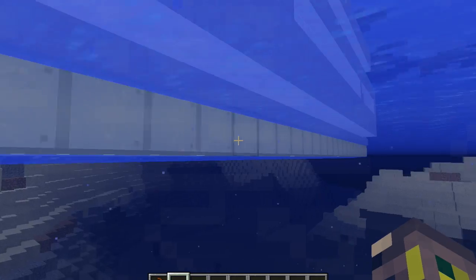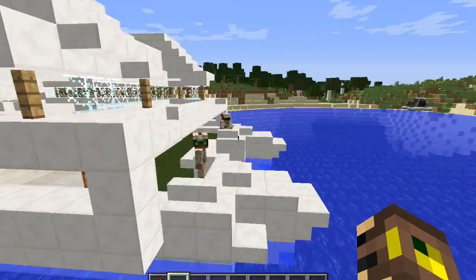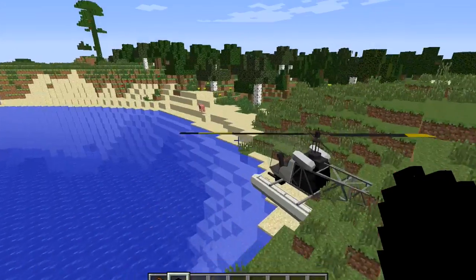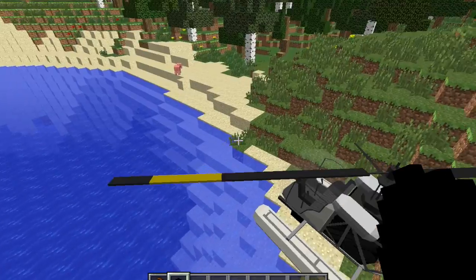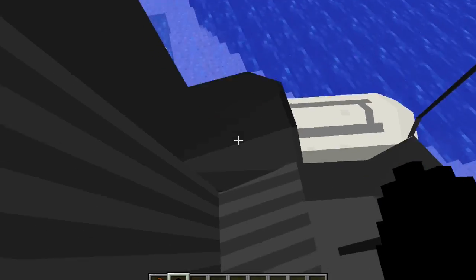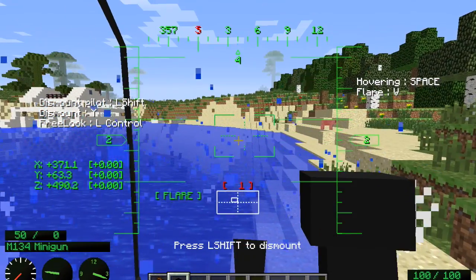These are all floaties for the Archimedes ship block, so it'll actually float. Thought I killed you all. Okay. Anyway, so there's the ship. And, alright, so we're going to hop off to our next scene, which will be